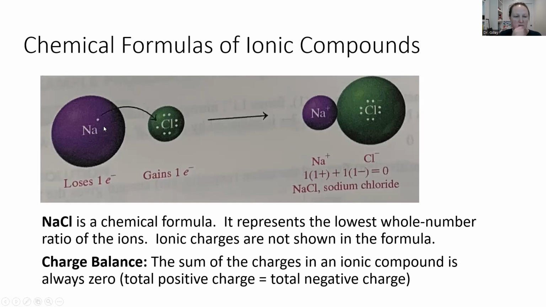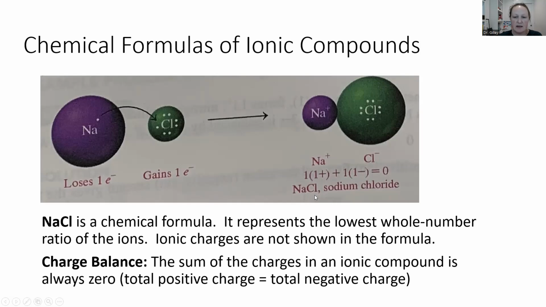And when chlorine takes another electron, it becomes Cl-, which we call chloride. So after the transfer of one electron from sodium metal to chlorine to form the sodium cation and the chloride anion, now we have the ionic compound sodium chloride, which can be written as